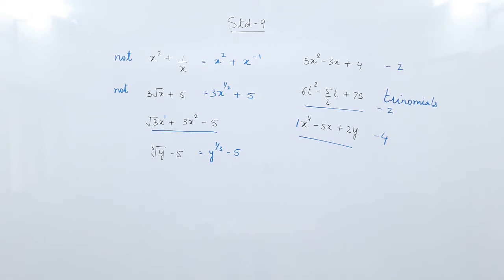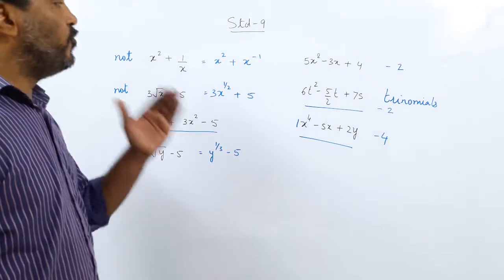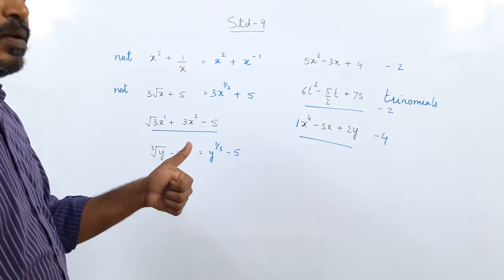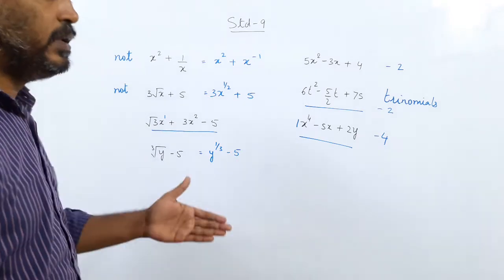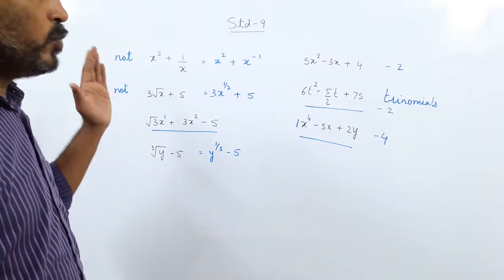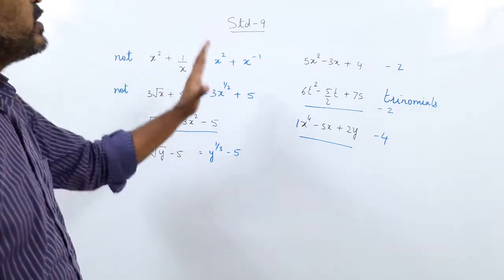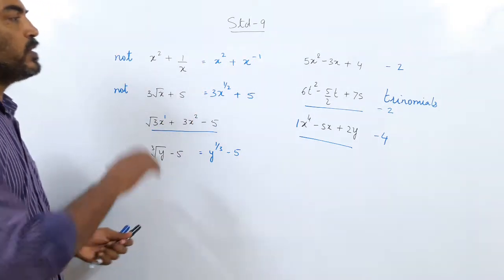So I think we have exercise 2.1. Okay, exercise 2.1 is telling us what? You have to find out the variable. So the exercise 1 is only classification. What is exercise 1? Only classification. They have asked you to find out which polynomials are in single variable, in one variable, or in more than one variable. In some questions they have asked find out the degree of the polynomial. Then classify whether it is a polynomial or not a polynomial. So once you see this video, you will be very easily able to classify them.